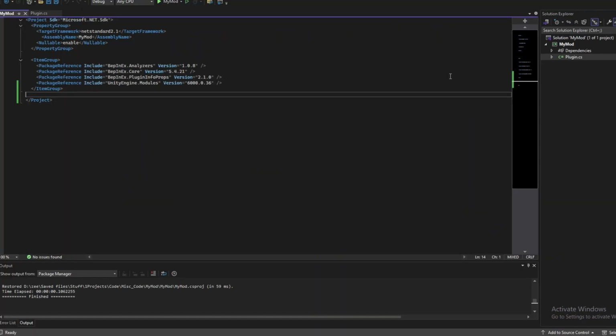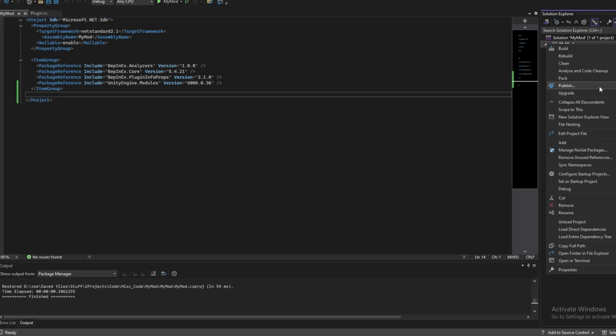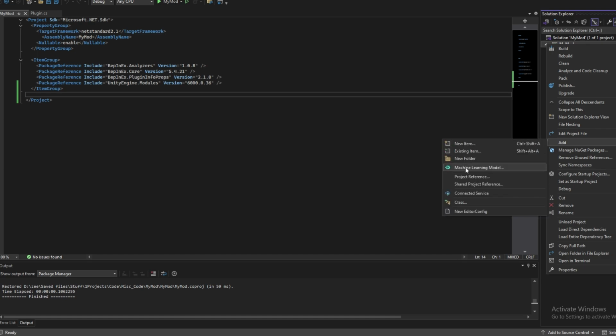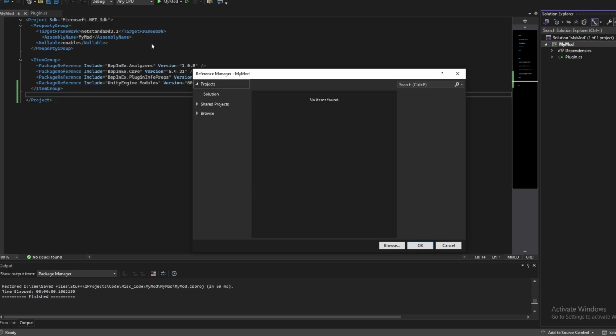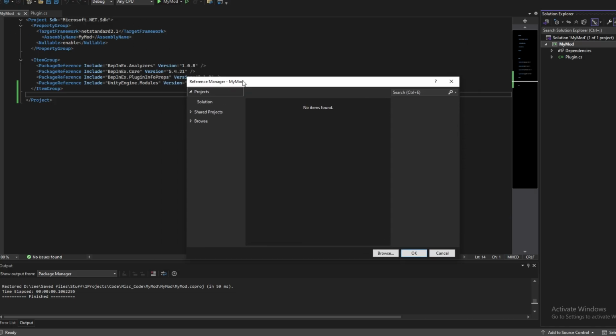And we need to add an assembly. So we need to go here and click on add, and click on project reference, because right now we're just using a base. This doesn't have any reference to the main game itself, and we need to fix that. So let's go to